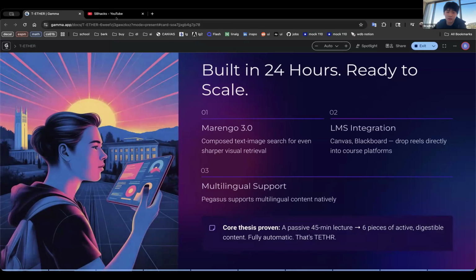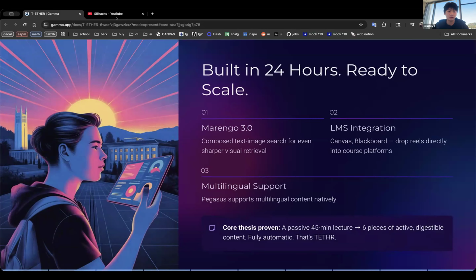So in terms of scaling, especially from our hackathon, we built this in 24 hours at SB Hacks. Our next steps are pretty clear. First, we plan on upgrading to Marengo 3.0 for more composed text image search, which makes the visual retrieval even more effective and sharper. And second, LMS integration,